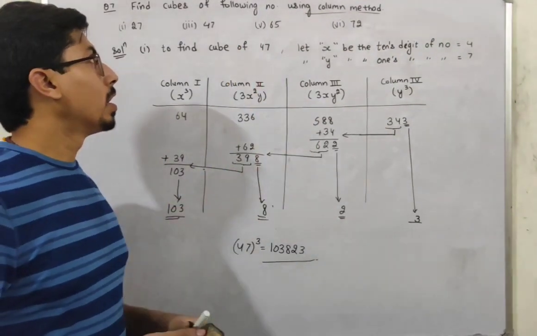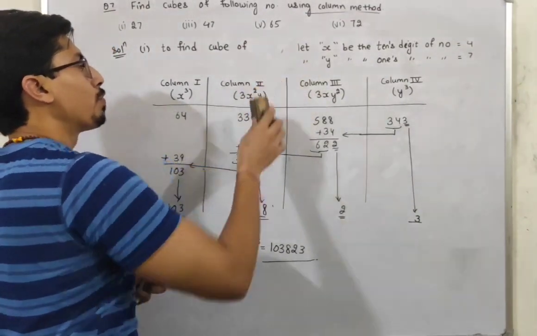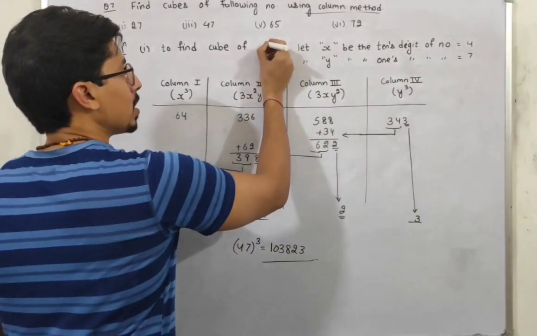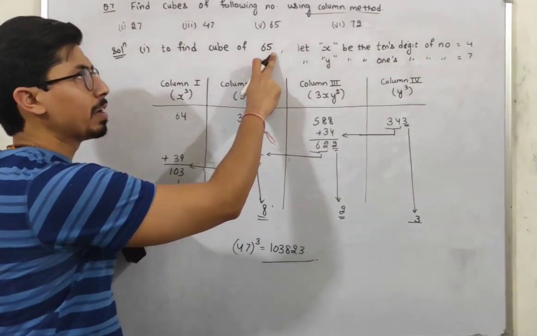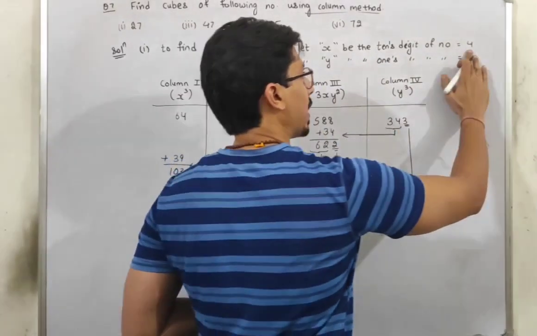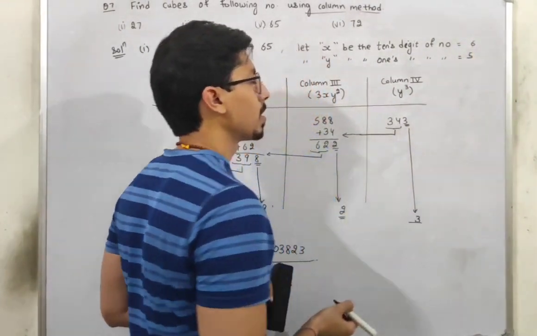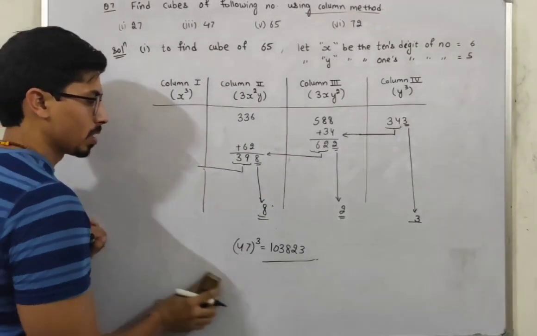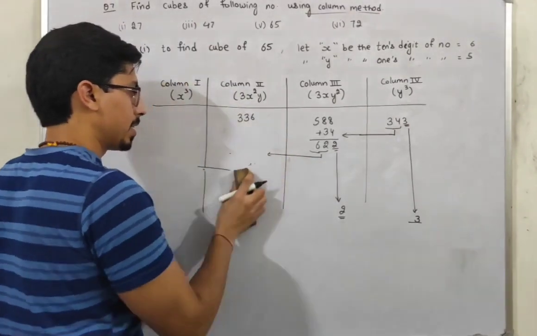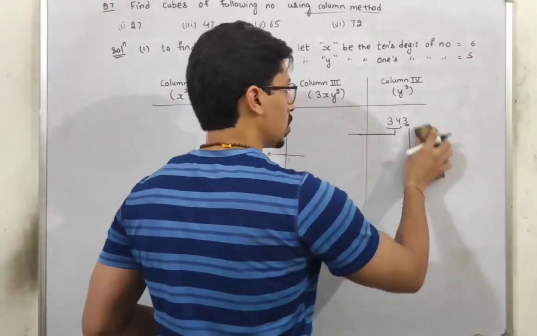Now in the fifth part, we have to find the cube of 65, students. So now the ones place is 5, that will be the value of y, and the tens place will be 6. Okay, so if I just write these numbers, okay, then